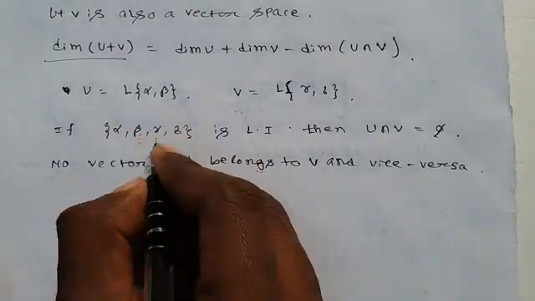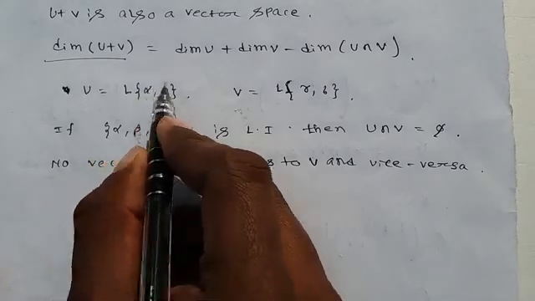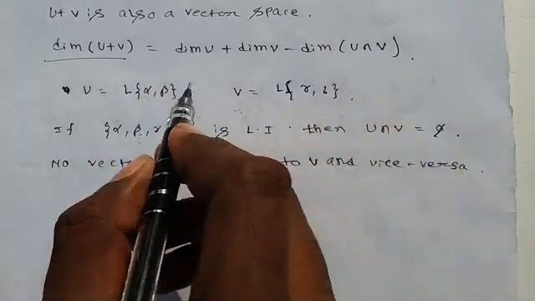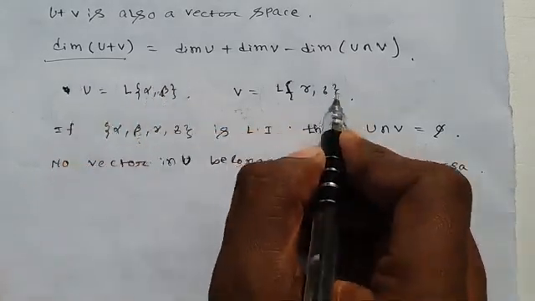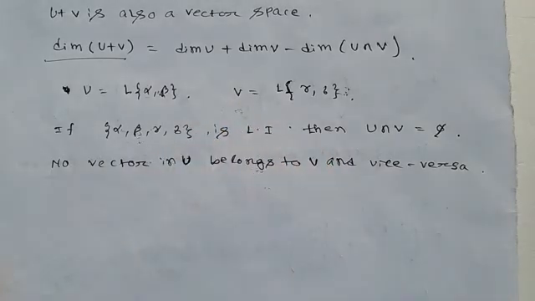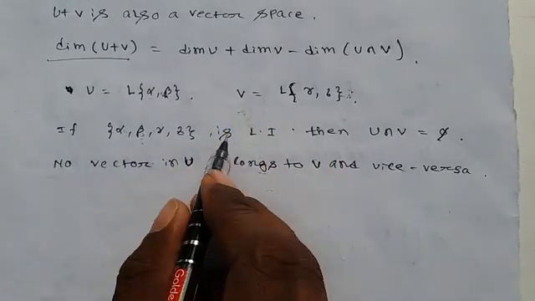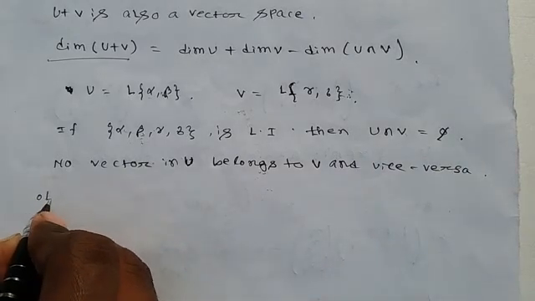Because if these are linearly independent, then no vector in this vector space belongs to the other. If any one vector in U belongs to this vector space V, then this is not linearly independent. So if this is linearly independent, then U intersection V is equal to phi. Otherwise,